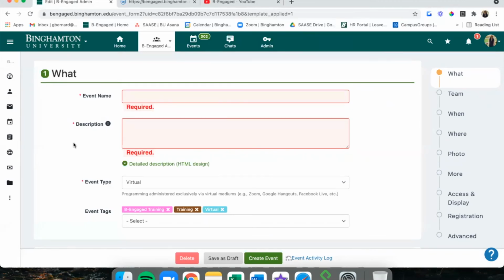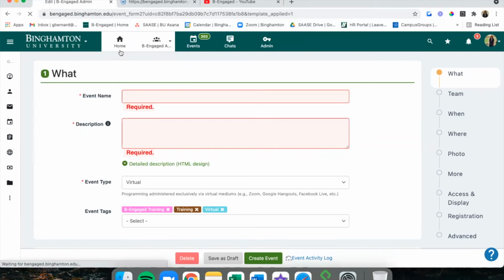We could create new positions to facilitate putting on more events like that or serving students in a way that aligns with those kinds of events and so forth. So the small steps you take when creating your events in Be Engaged, especially with assigning event tags, go a long way. That's why they're our number 2 feature on this list of the top 10 things you should be using in Be Engaged. But far and away, the number one thing you should be using in Be Engaged is the Be Engaged app, which I briefly mentioned a few minutes ago.